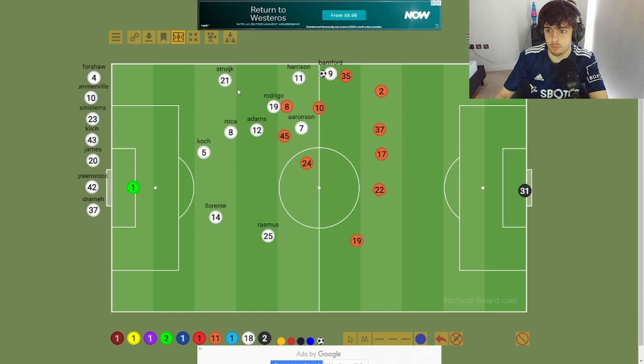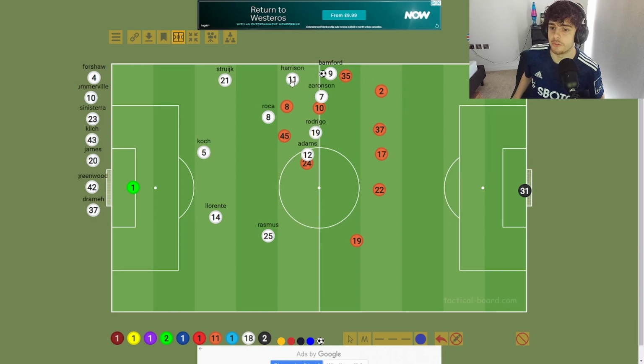So as you can see here, we've won the ball in this area, and the press is already on. These guys are moving up like this, and you can already see the second ball is ours. We want that second ball. Bamford gets the ball here. There's all these options that are ready to run on and create space up forward, right? Run on like that. This is the first half, and this is the first few seconds of the game. We're already in an advanced position to win that second ball after the press.